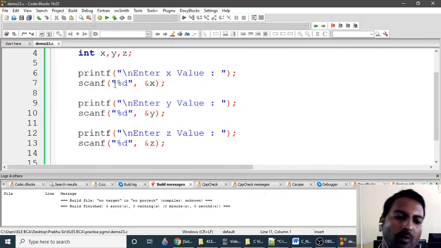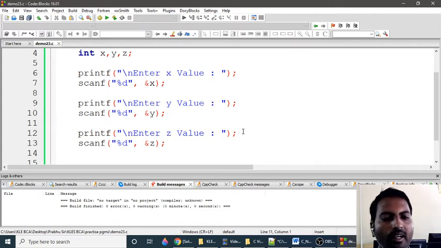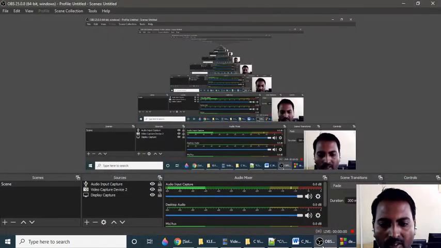This is an advantage of the printf and scanf statements. Printf is to print the content of a string plus format specifiers, and scanf is used to read data or input from the standard input device, that is the keyboard, at runtime. So if you want to read a value at runtime in your program, you need to use the scanf statement.